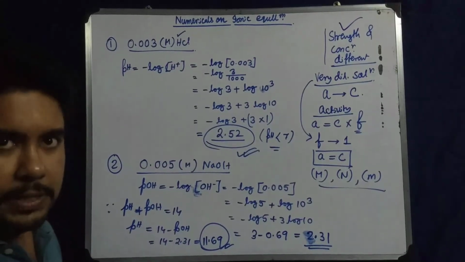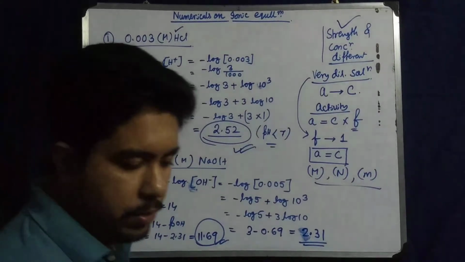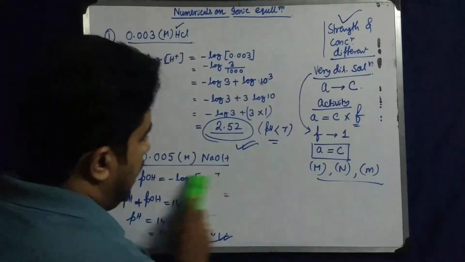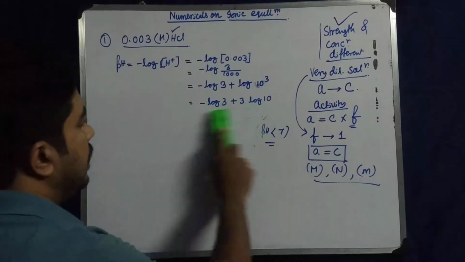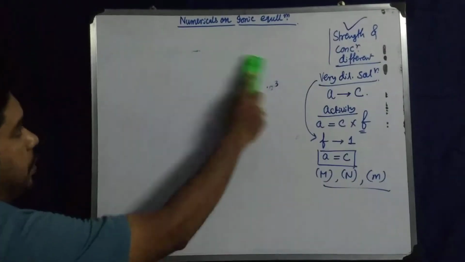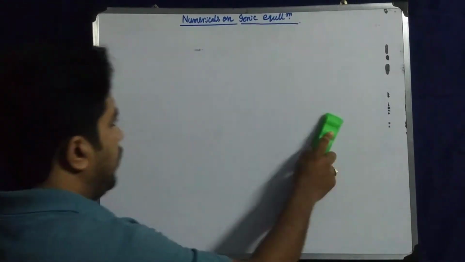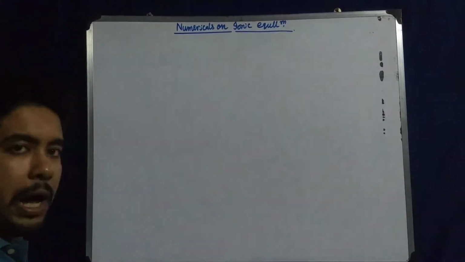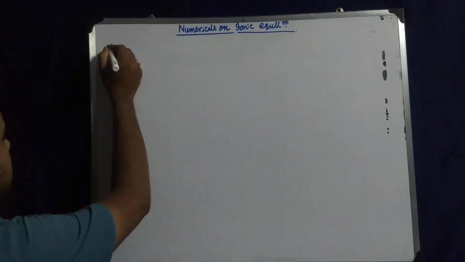So two more examples I will tell you. I will write those examples over here. You will do them on your own at home. Let me rub these two examples. As this is a video, you can write these things whenever it is possible for you. Whenever you need to see the solution of the numerical problems, you just rewind it and watch it. So these other two numerical problems are homework.